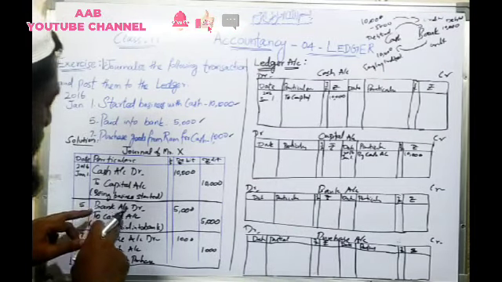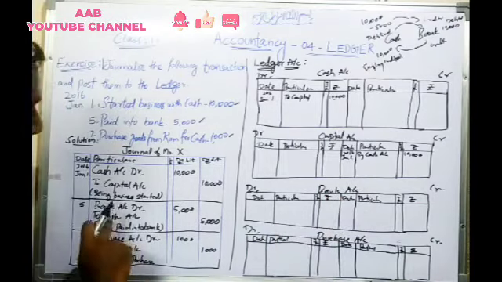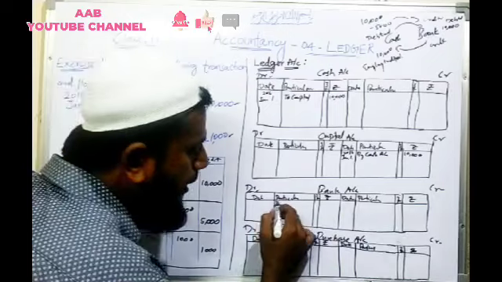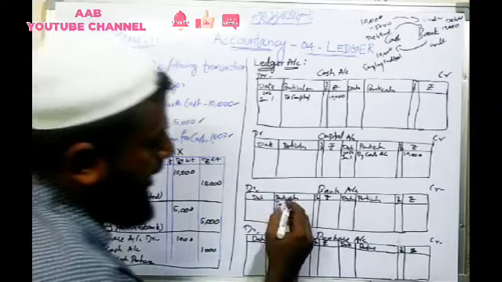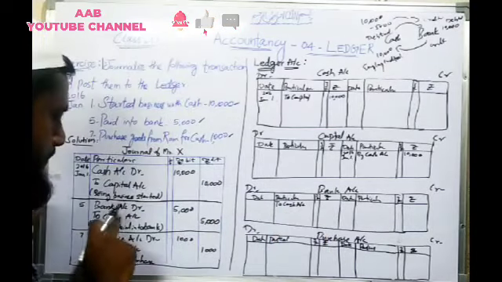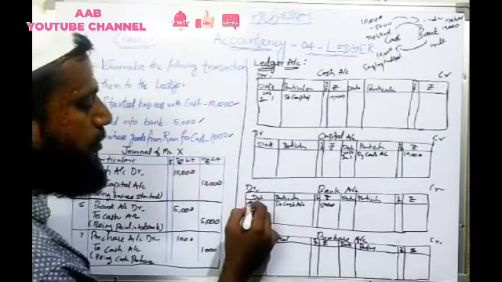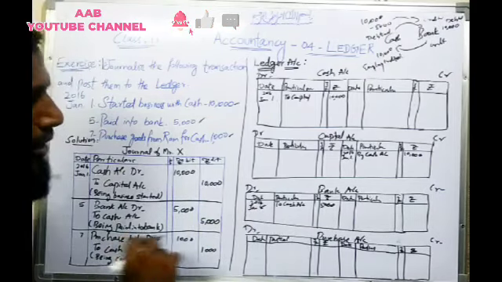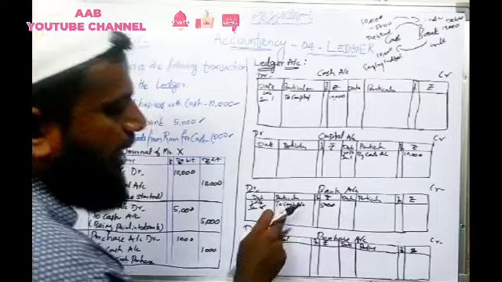The next is bank account debit to cash account. In the bank column, cash will be paid into bank. So bank account to paid to bank. What is deposited? Cash is deposited to the cash account. How much? 5,000 rupees is deposited to bank. Okay, so 2016, January 5. So in the bank account, cash will be paid.